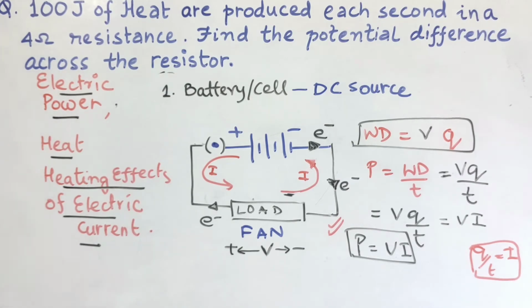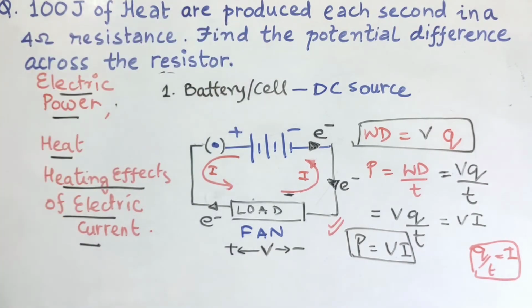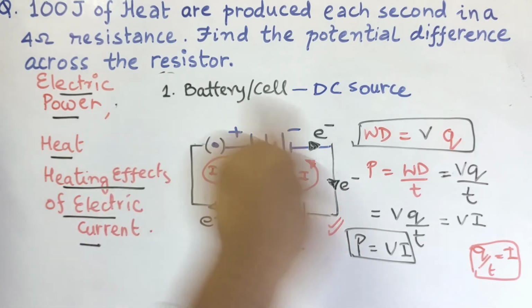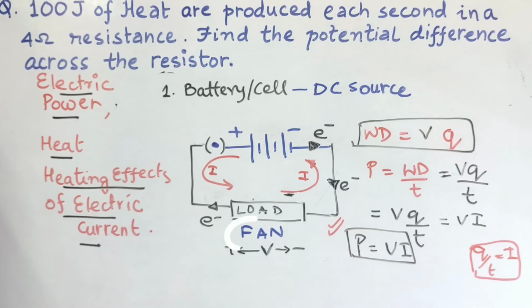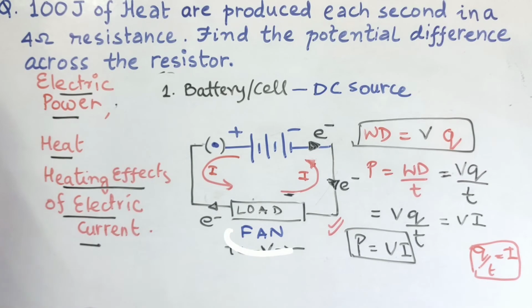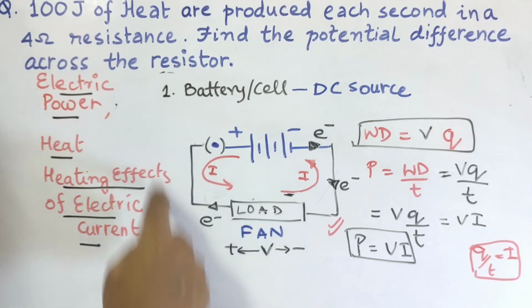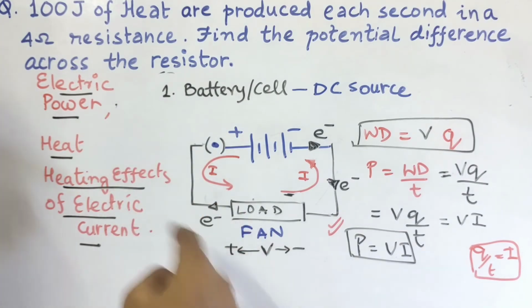Next, the work is done by the battery source, so the energy is transferred to the load. Let us say this load is a fan. So what would happen? The fan will start rotating, right? The blades of the fan will rotate. Now when I let it rotate for some time and then touch the fan, I will feel the fan has got hot. What does that mean? That means the energy present in the source not only made the fan rotate, but some of the energy is also expended as heat.